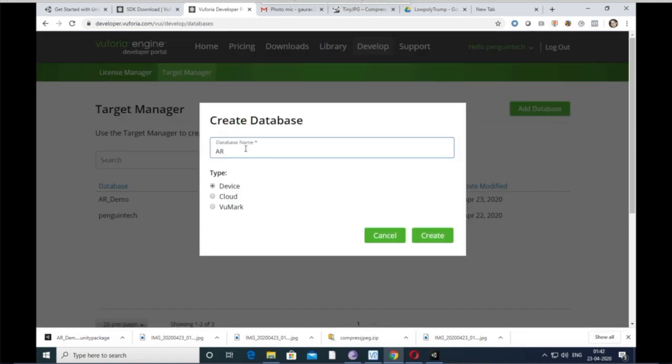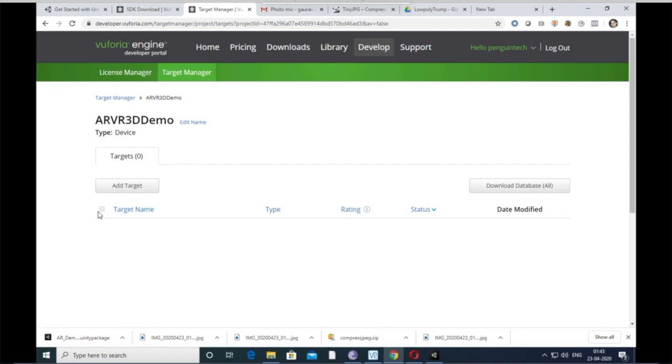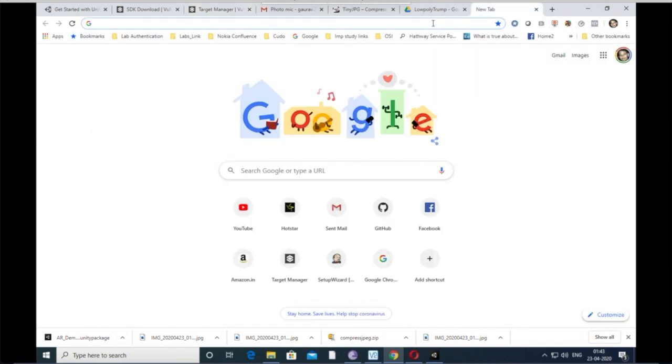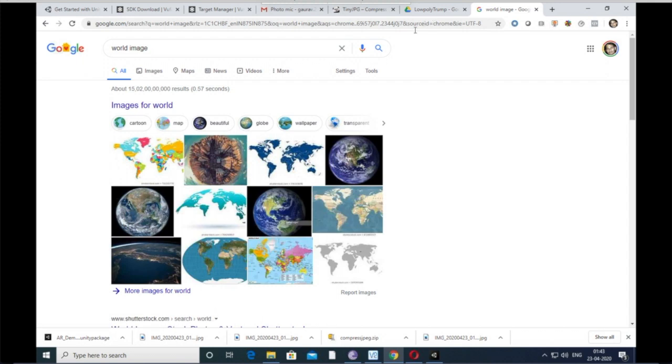So let's say AR VR 3D demo, device. You can create here, and you can add new sets of images here. So add target. You can download some image, world image, whatever image you want to project in front of the camera.